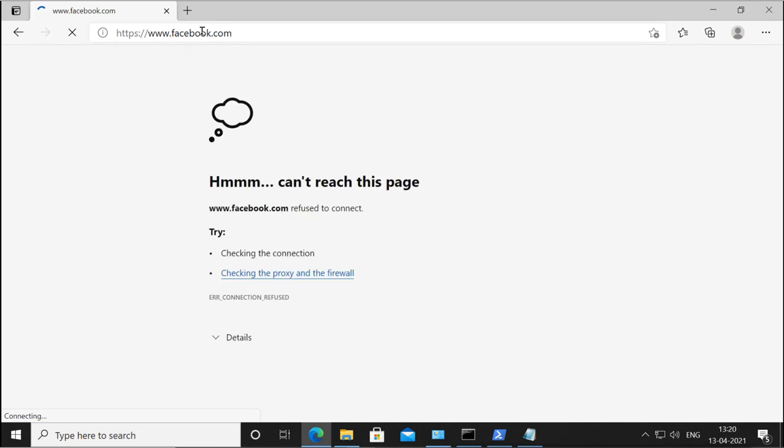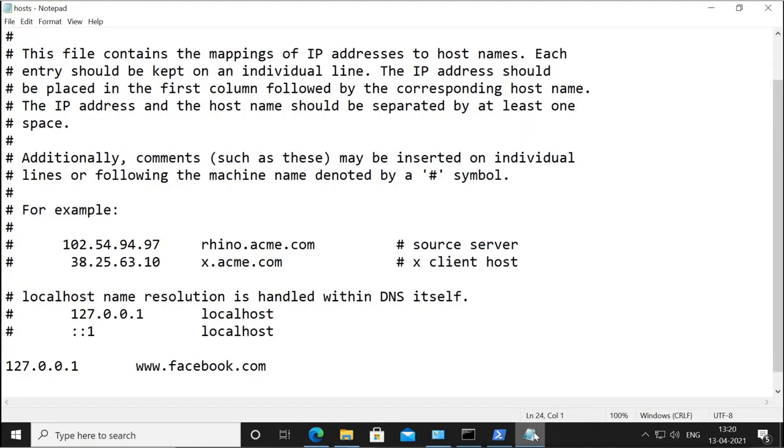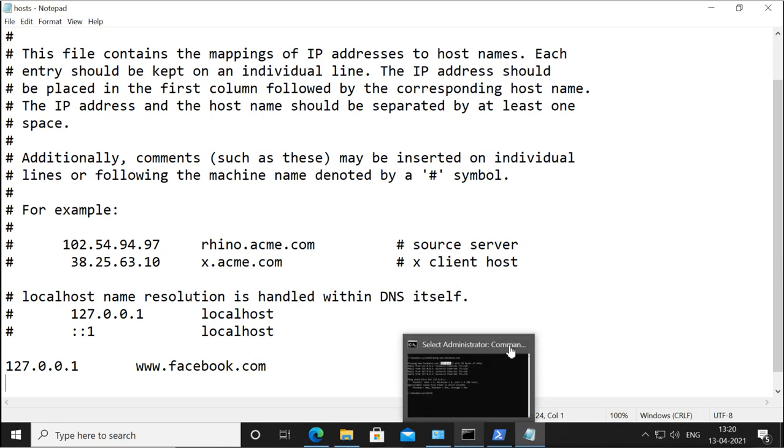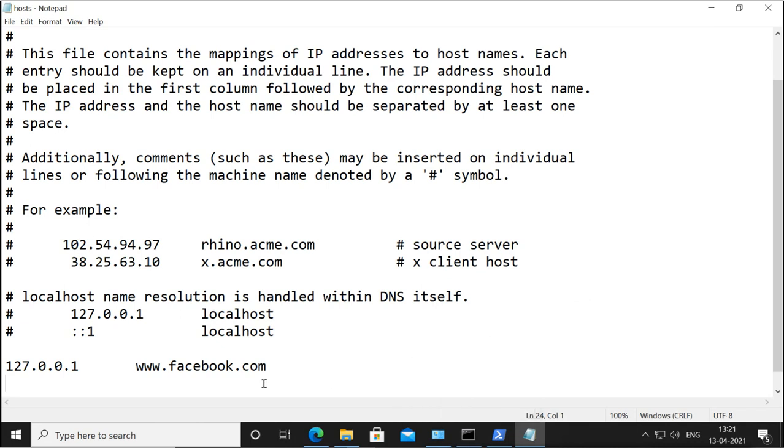now you are seeing the problem here, because you are not able to access the site because you are going to the wrong IP. Your machine is trying to access it from the wrong IP and it is not able to access because it is checking the host file and the host file is giving the wrong IP. So still our machine is checking the host files, and that is why it is getting the wrong information.